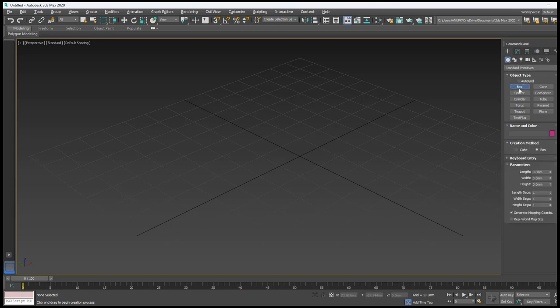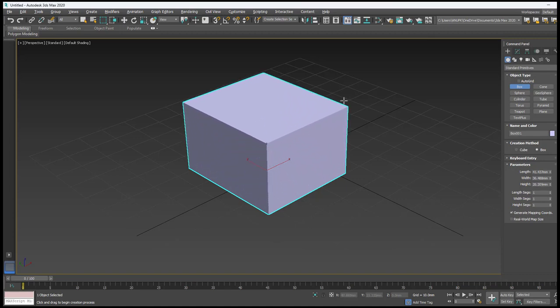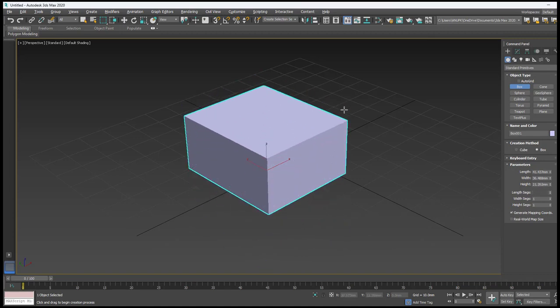Click on the box option, click the first point, and then drag it and click the opposite corner, or second corner. Once you click, leave the mouse and move it up or down to define the height parameter or thickness parameter. While modeling, you can't give the dimension in Max. You just randomly click the first, second, and then third point.